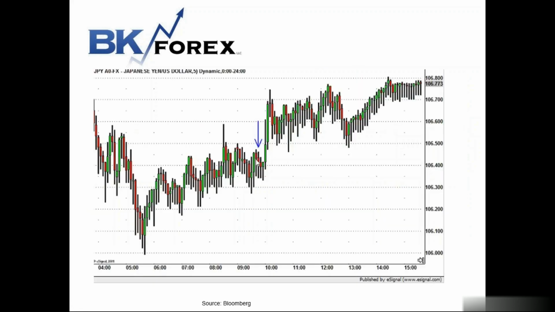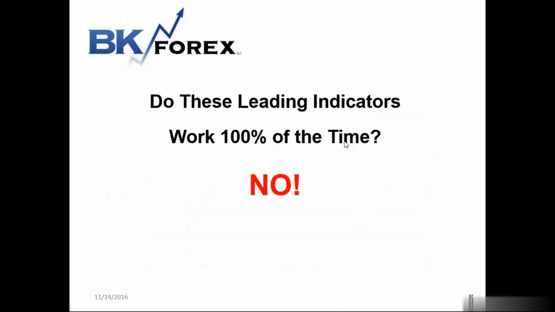And here's the trade. We go long 20 minutes before 10 o'clock, 5, 10, 15, 20. We go long at around 106.45, I would say, and data comes out, and dollar yen powers higher, all the way hitting our profit target of 106.65 fairly easily. In this case, we've gotten the first profit target, and we may or may not have gotten 85. My chart kind of expires here. Pretty much by 3 o'clock, you probably want to be out of this news trade anyway, and just close your trade. Do these leading indicators work 100% of the time?